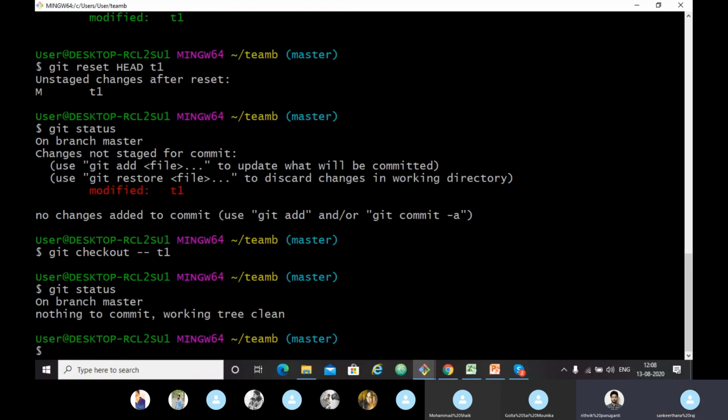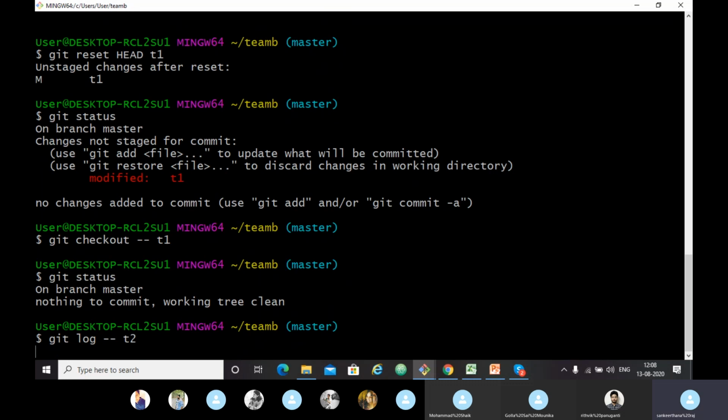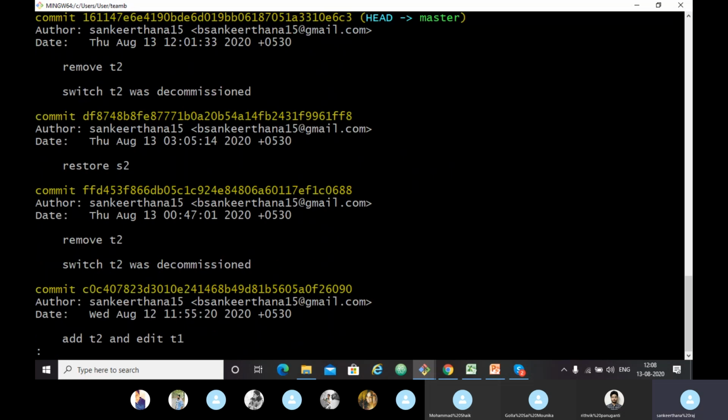Now we will see what changes were made and who made them, with git log. These are the commits we have made for T2. Let's get T2 from that commit, from the history, for restoring T2.